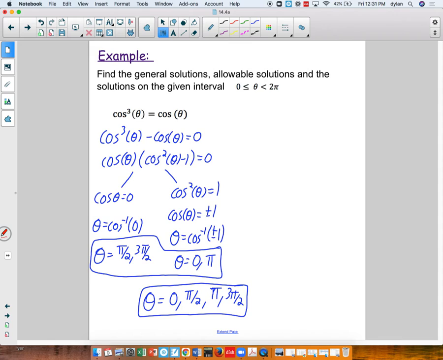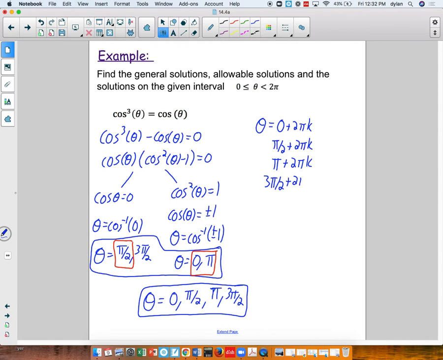So our allowable solutions in this case would be pi over 2, as well as 0 and pi, but not 3 pi over 2. So those would be our three allowable solutions. And then finally, we want to think about our general solutions, in other words, the infinite varieties. And so for our general solutions, we can think about this as theta equals 0 plus 2 pi k, and pi over 2 plus 2 pi k, and pi plus 2 pi k, as well as 3 pi over 2